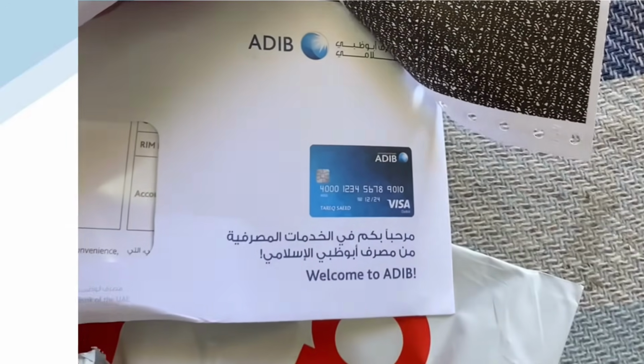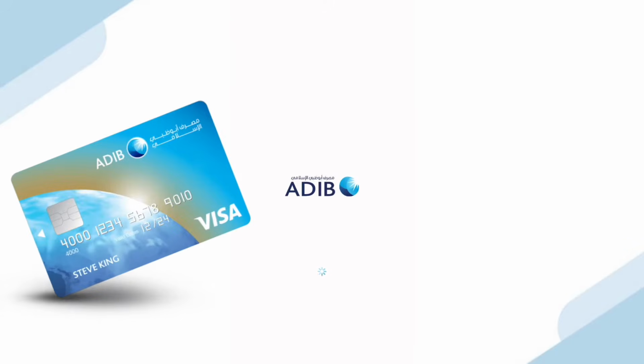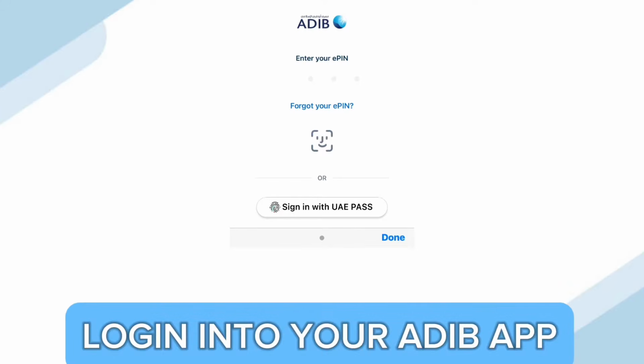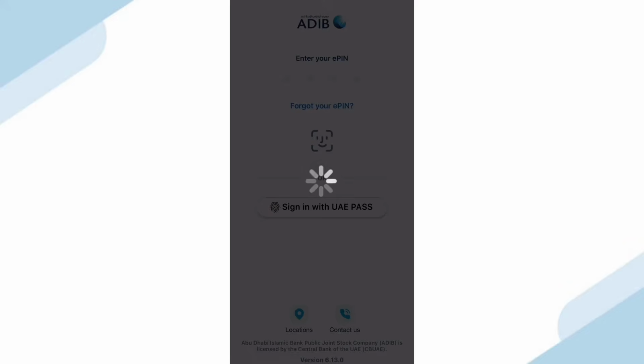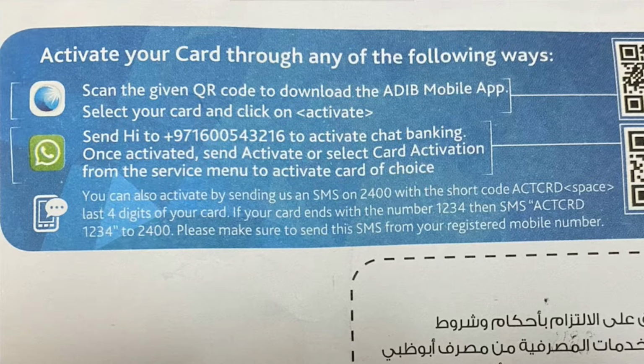This is how you can activate your ADIB debit card online using the ADIB app in just one single click. Once you receive your ADIB debit card, simply log into the ADIB app. For those of you who don't have access to your ADIB app, you can also activate your debit card by